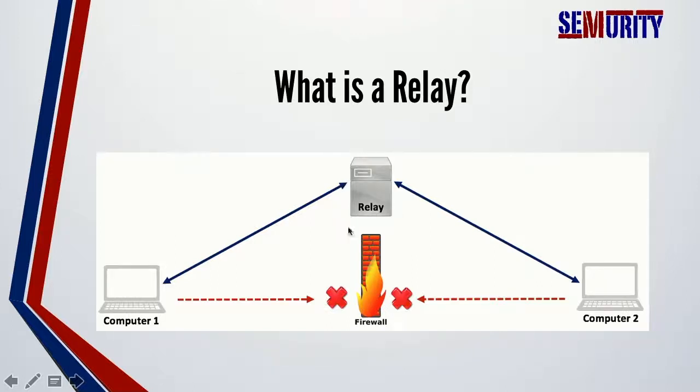This system is going to relay the traffic back and forth between our machine and the target machine. It's going to port forward. We're going to connect to this machine, and this machine is going to connect to the target, and then all traffic is going to be relayed back and forth, and we will access the target as if we had a direct connection to it. This is the basic concept of a relay.